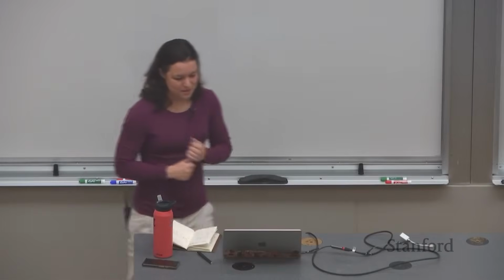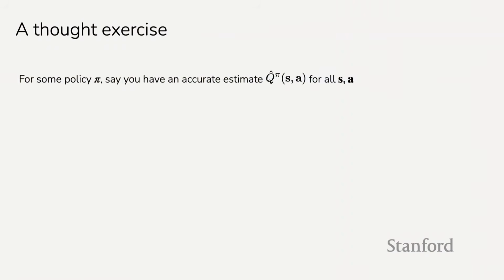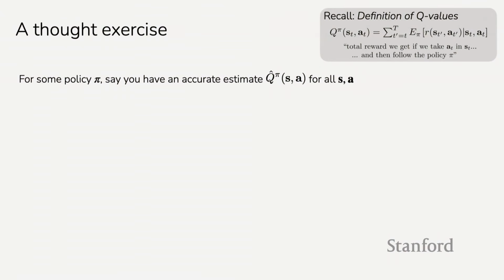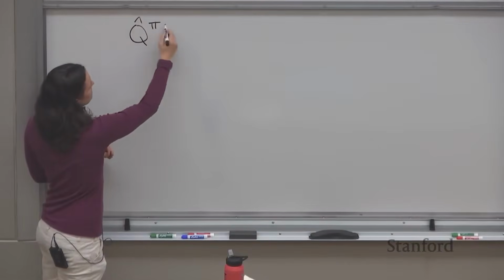Cool. So we're going to start out with a thought exercise and a question for all of you to think about. Say we have some policy, and for your policy, you have a pretty good estimate of the Q function. And as a reminder, I'll put the definition of Q values up here, where it's the future rewards for a state and action. An object that we're going to be thinking about a lot today is if you have some estimate of the Q function, in this case for a policy,